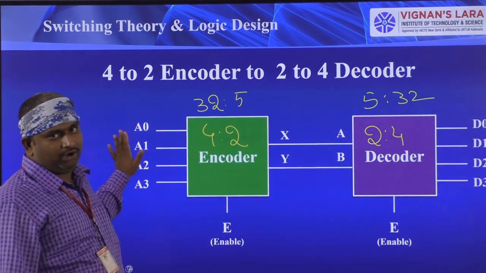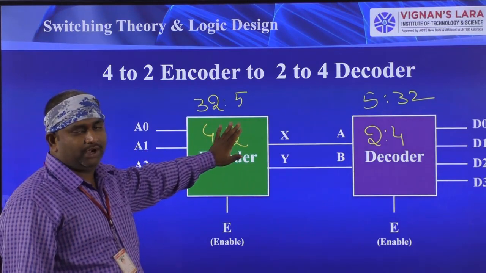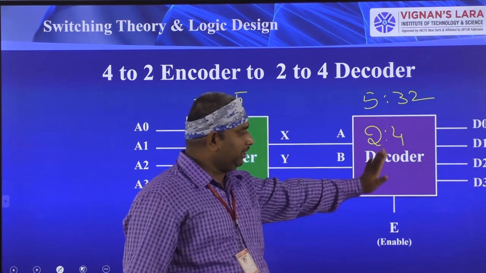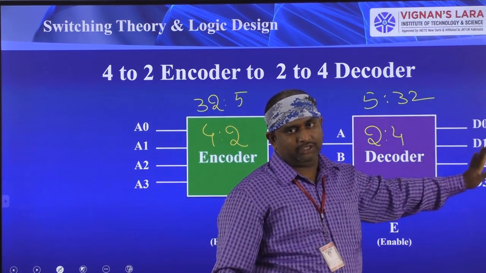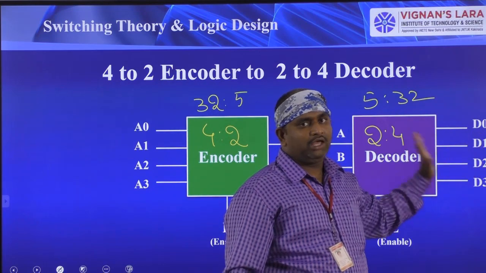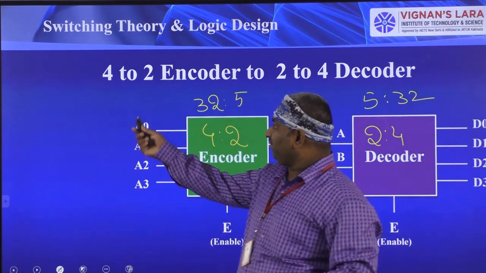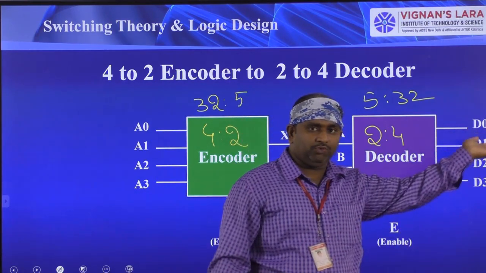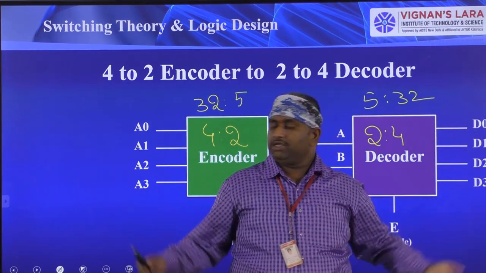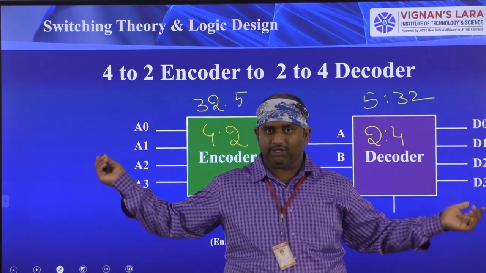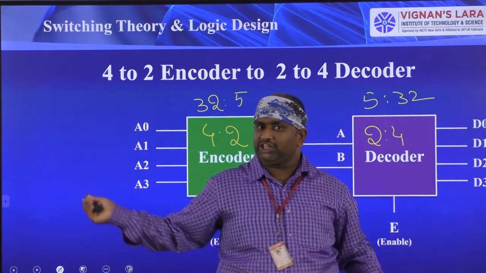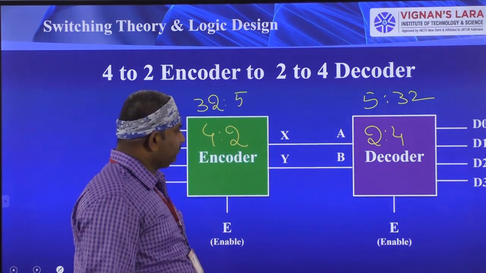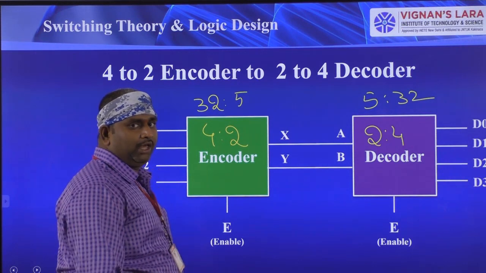The original information we are not transmitting. This coded information we are transmitting by using an encoder, and this coded information we are receiving by the decoder, and we are decoding that information at the receiver side. So whatever the original information A0, A1, A2, A3 we have transmitted, that information we have taken at the output side. Say here A0 is equal to D0, A1 is equal to D1, A2 is equal to D2, A3 is equal to D3. Okay, this is about the decoder operation. Right? This is about decoder operations.